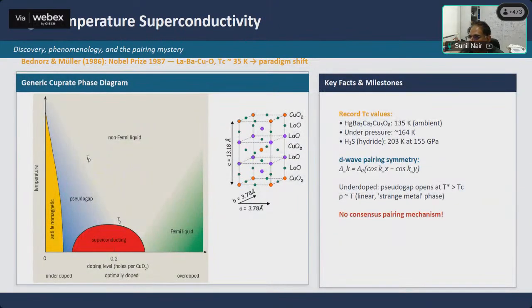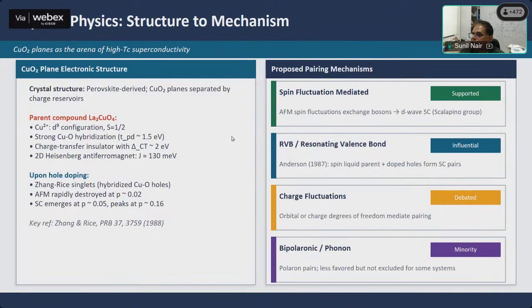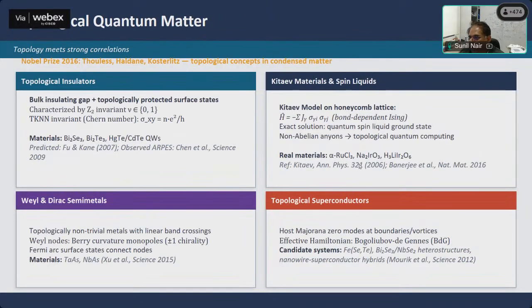Now, when it comes to high temperature superconductivity, it was an experimental discovery. Bednorz and Müller were both experimentalists who discovered high Tc superconductors in 1986. A lot of the cuprate physics, like many of these pairing mechanisms, followed after that. Topology is predominantly theory driven. Experiments are still playing catch up. A lot of topological work happened first in theory and much later in experiments.